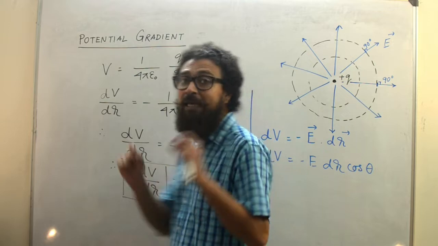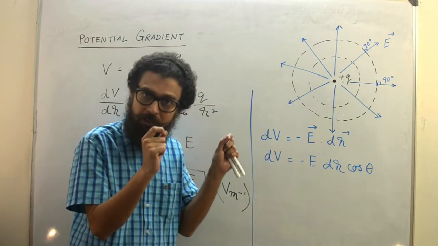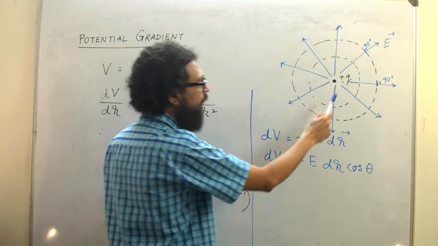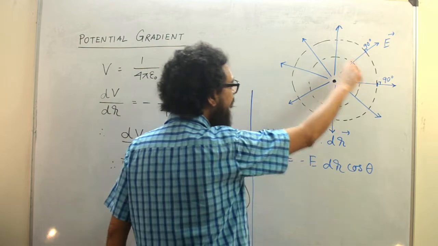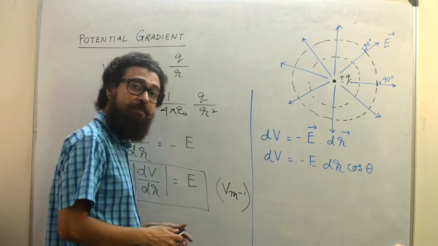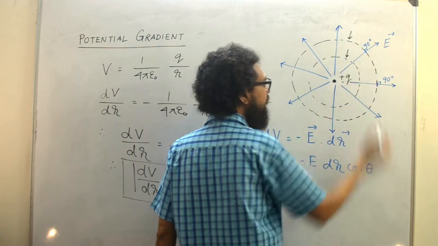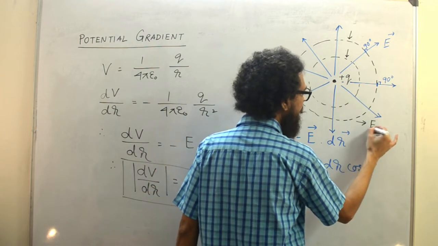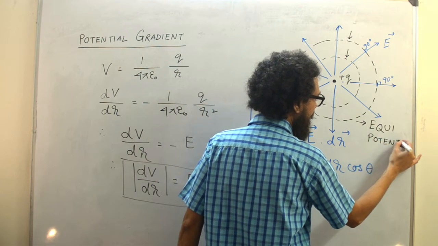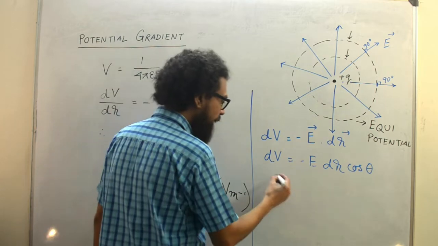Now we are talking about equipotential surface. So what does it mean? Equipotential means the potential at any point on the surface is the same. Like we have here, a point charge located, and we have drawn a few equipotential surfaces which are associated with this particular point charge. These are equipotential surfaces. So if these are equipotential surfaces, that means